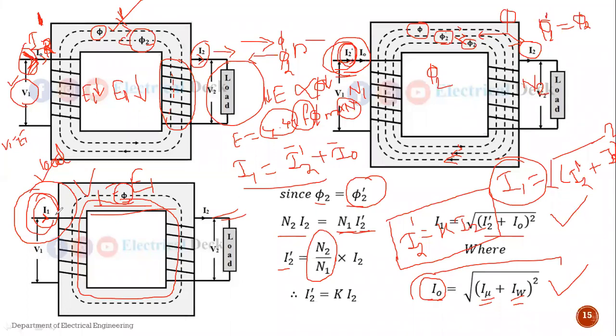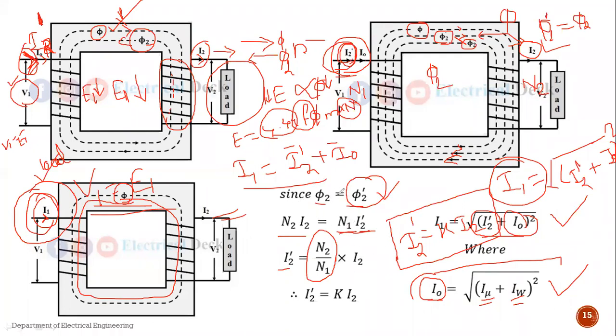Again, in case of no load, the no load current is divided into two components, or it is the vector sum of two components, that is the magnetizing component and the working component. And when the transformer is in the load condition, the primary current taken from the supply is again divided into two components. The first component is the no load component I0, and the second component is I2 dash, which is due to the current I2. Then we first have to calculate I2 dash. So I2 dash can be calculated by the MMF equation. From the MMF equation we calculate I2 dash.